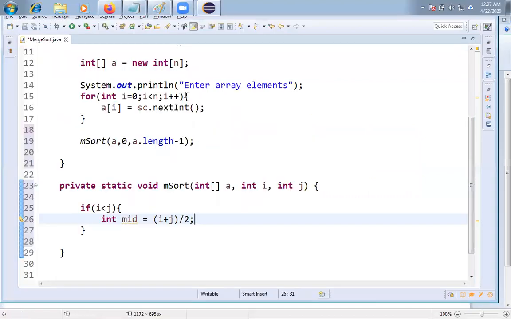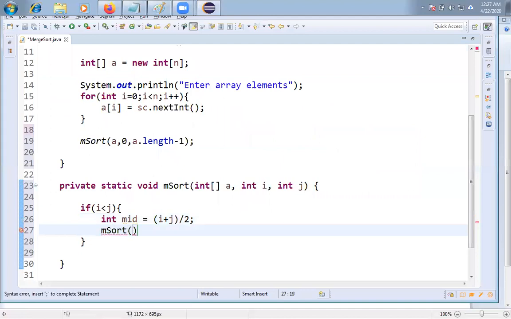What I am doing is calling the same method again. So this is called recursion. How am I splitting? Starting position to, so I am passing the array as well, comma. What is the low value? Zero, friends. High is i, the starting index, and mid is the mid index, friends.